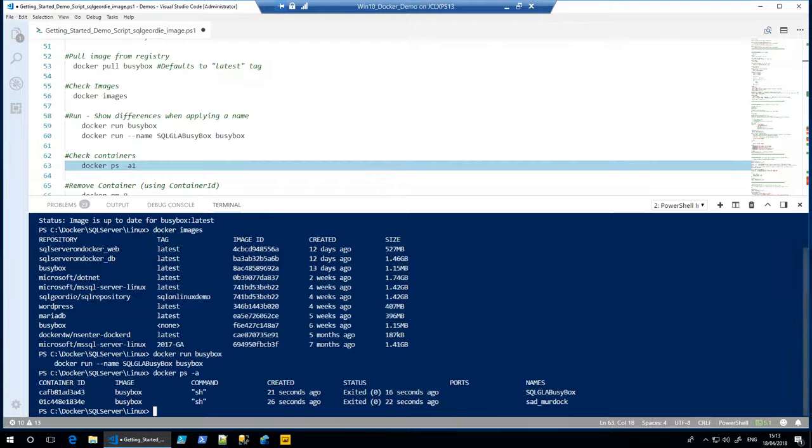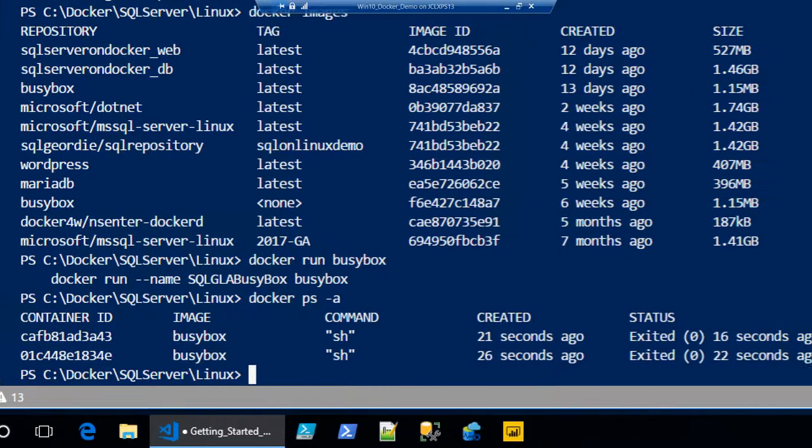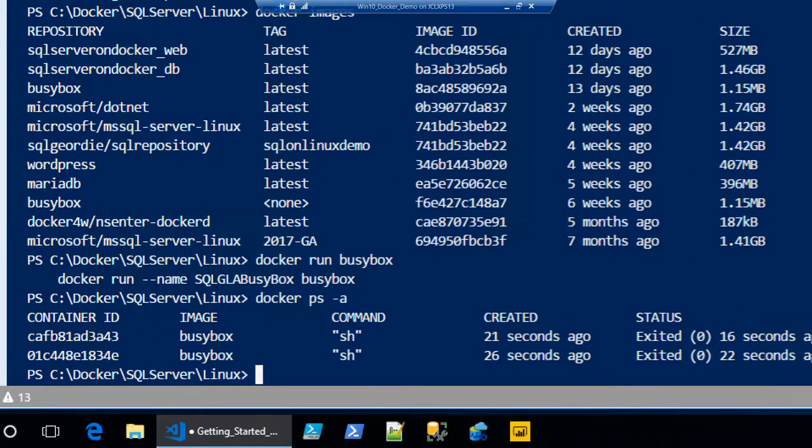if I click in the right place here, be able to zoom in. What we have here is essentially a list of what is currently running in our containers. So I ran docker ps -a, which is all. So it's essentially show me all that's running. If I ran it without the -a, it would only show me those that are actually running. And with this output, you have a unique container ID, the image it was built off, any commands that are actually running in the background of it at the moment,